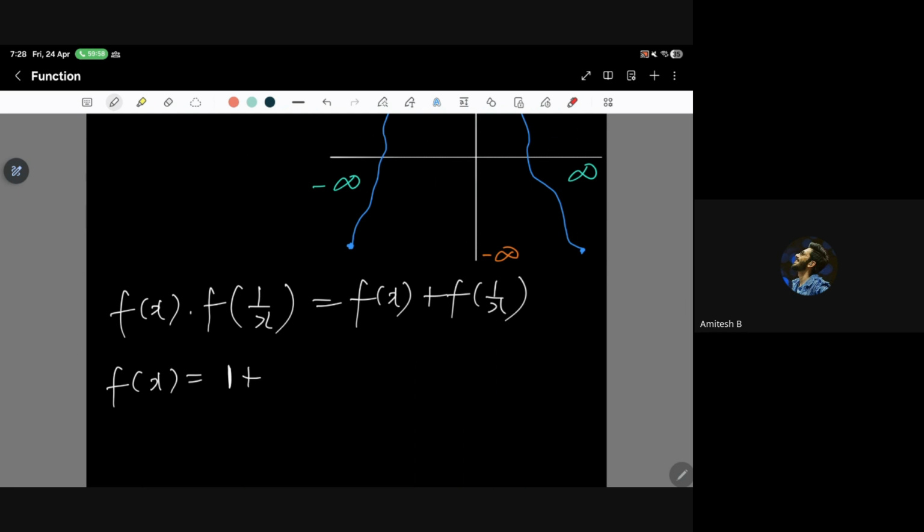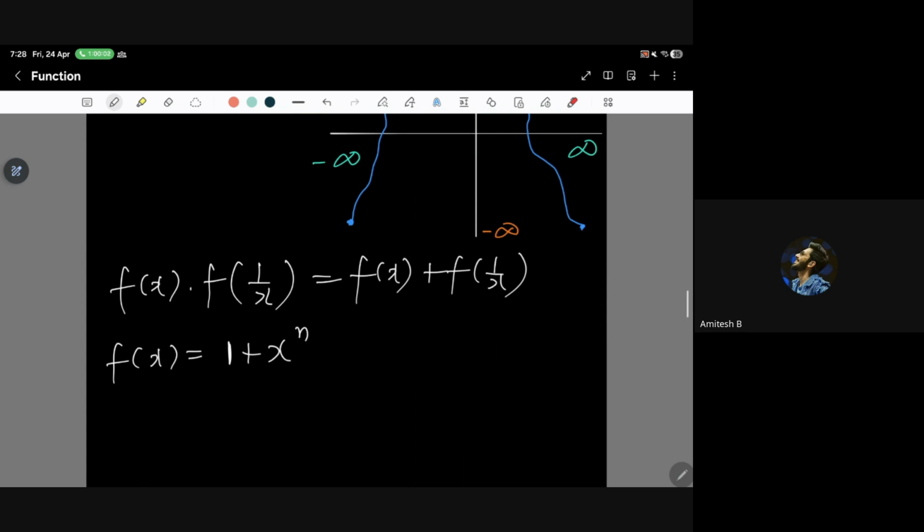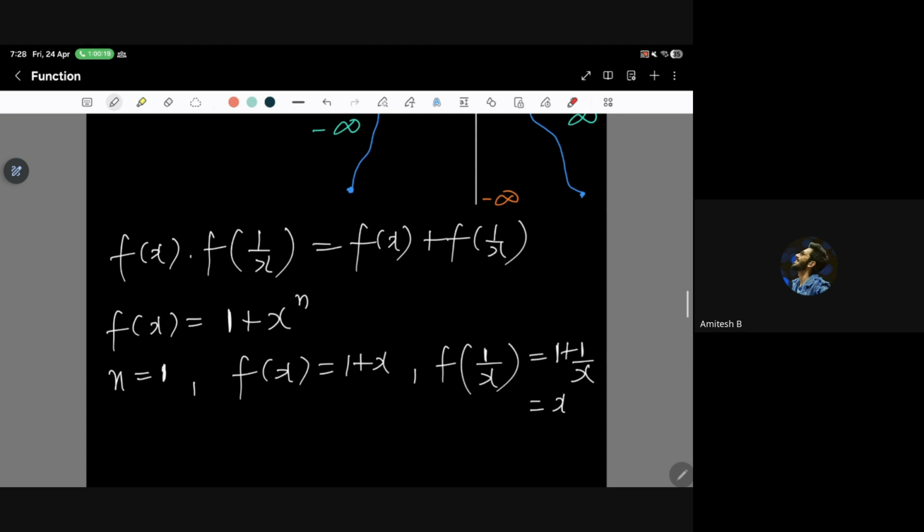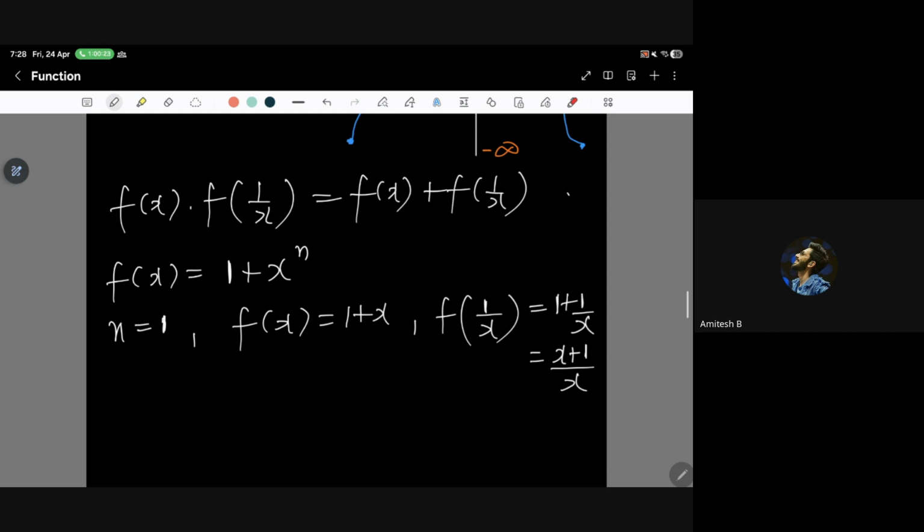If I am saying this is my polynomial in x which will satisfy this equation, and n is a whole number, so let's say n is 1. So my function will become 1 plus x. Now if I change x with 1 upon x, the function will change to 1 plus 1 upon x, that is x plus 1 upon x. So if I take the product of these two